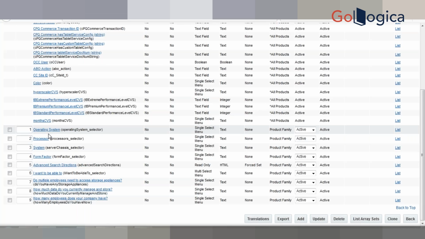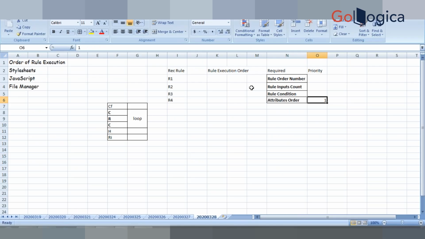It will check what all the rules are, how many recommendation rules there are for this attribute. So it can see that there are 4 recommendation rules for that attribute. It will consider your first attribute, which has the order number 1. It will pick it and see how many recommendation rules there are. Then out of those 4 recommendation rules,